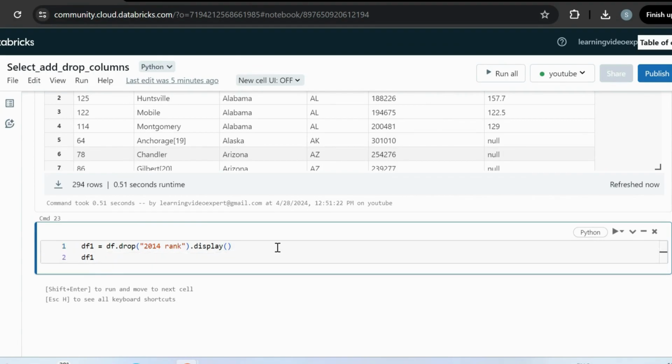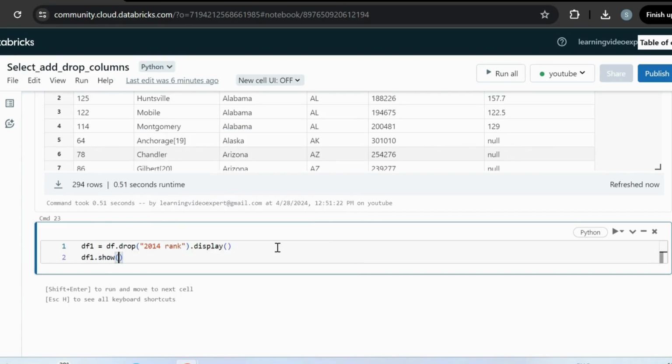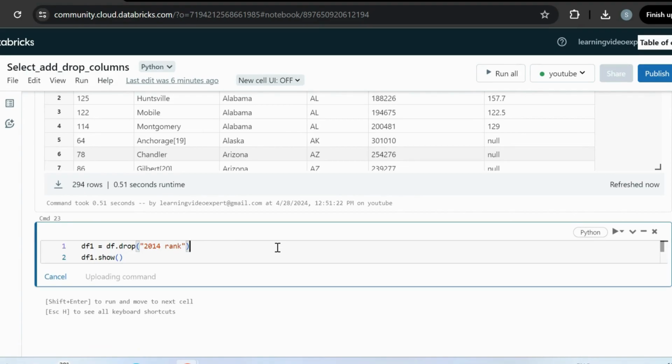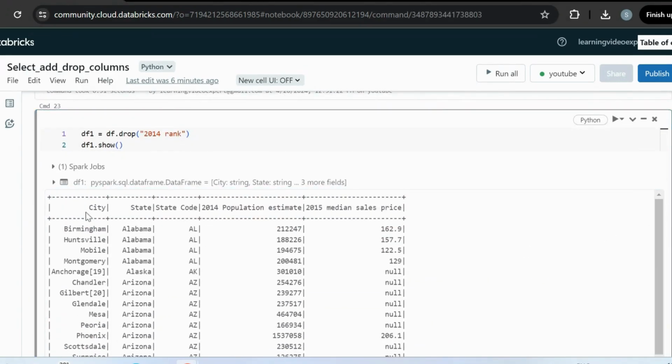So this is my new data frame. I will do a df1.show and remove this display function. It shows one less column, as 2014 rank has been removed.